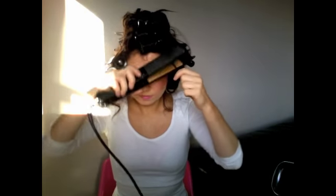And I'm just continuing to curl all of the sections with the rollers through the midsection of my hair, and to make sure that there's no scraggly bits that I've missed that are going to stay straight, I'm now using the hair straighteners just to curl any of those little bits that come loose. Put a good blast of hairspray again, and now it's time to start taking the clips out of your hair